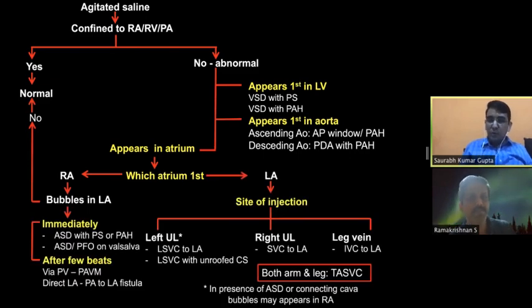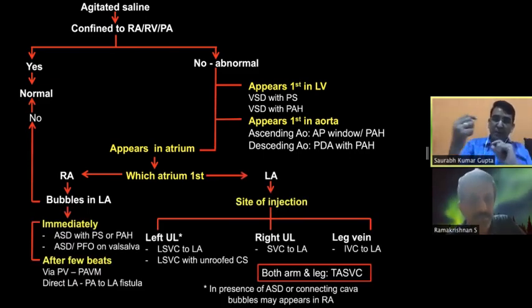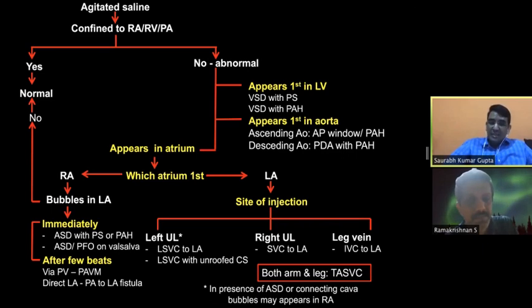I think if you think logically, if you are remembering the anatomic connections, then it becomes pretty easy. If you are using upper limbs, then you are talking about upper limb veins. Now, since the most common anomaly is left SVC, you tend to start with the left upper limb. And that arm is usually okay because most echocardiographers are right-handers, so it is easy to perform saline contrast for the other person also. So we start with left arm injection.